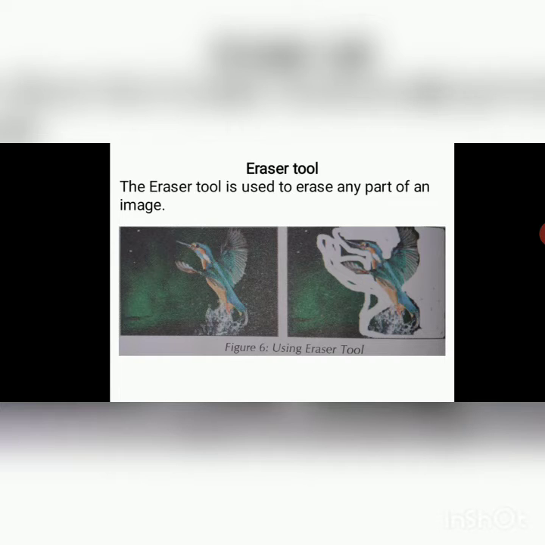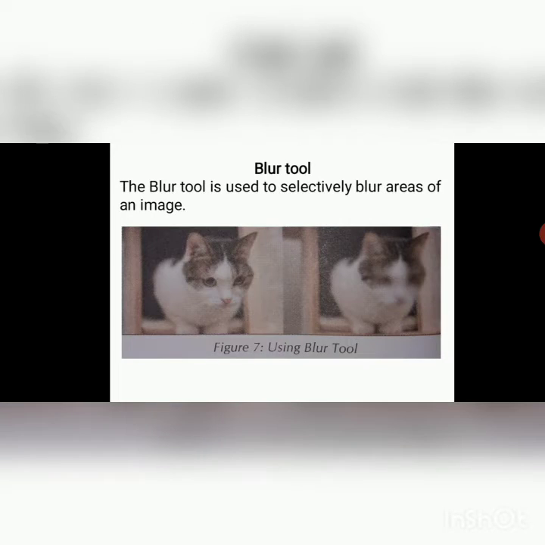Next is the blur tool. The blur tool is used to selectively blur areas of an image. In the first picture, the blur tool is not applied. In the second picture, the blur tool is applied on the cat's face.